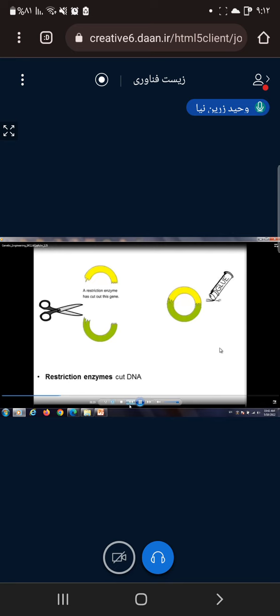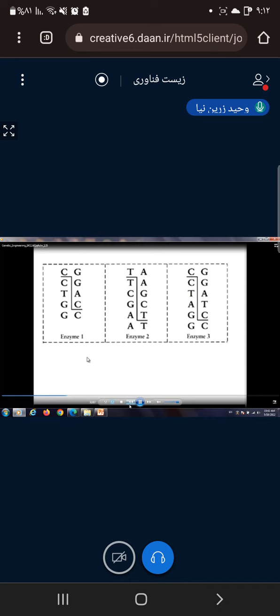And then there's another enzyme known as ligase, and its job is to glue DNA back together. Now the restriction enzymes in a little bit more detail. There are many different restriction enzymes, and each enzyme is specific for a particular DNA sequence. So this restriction enzyme will only cut when it sees the sequence TGG. This enzyme will only cut when it sees the sequence TCGAA. And this enzyme will only cut